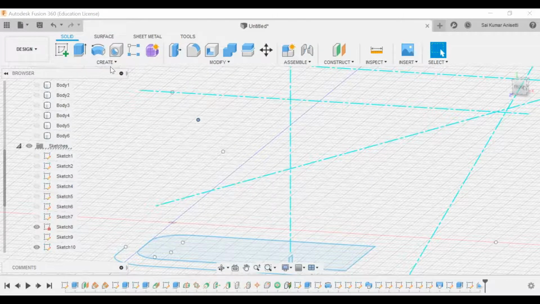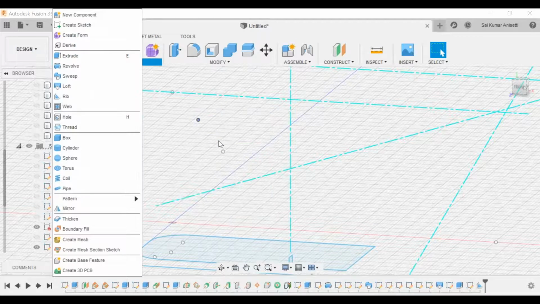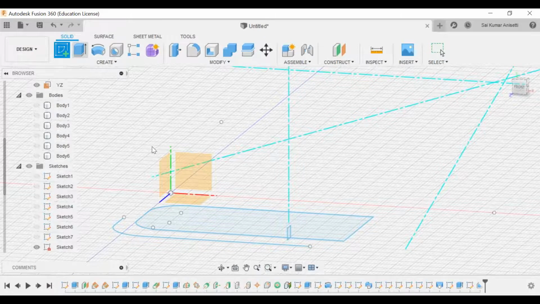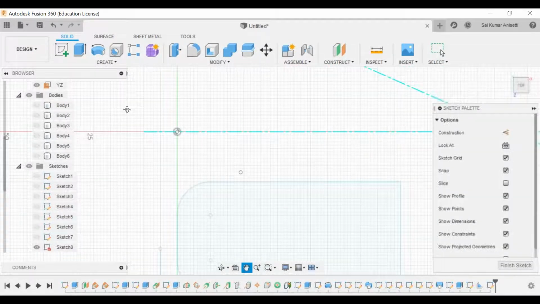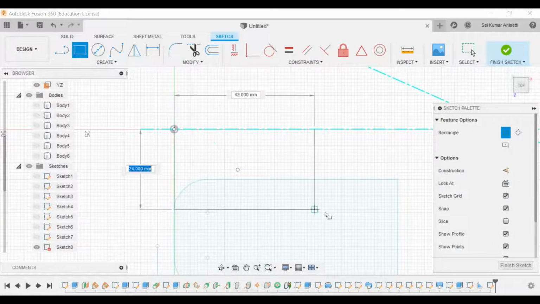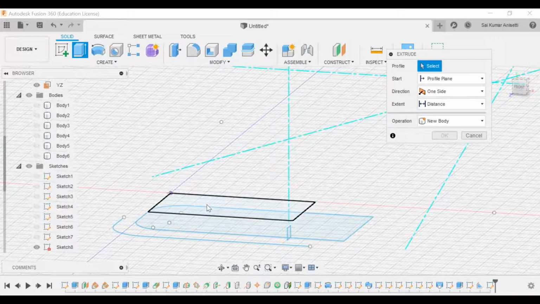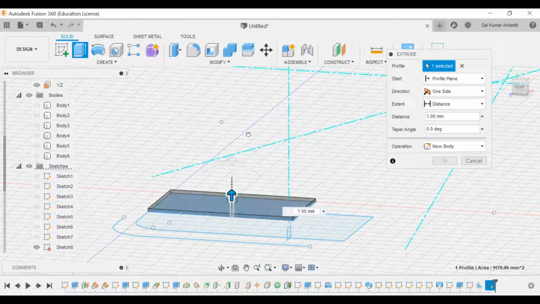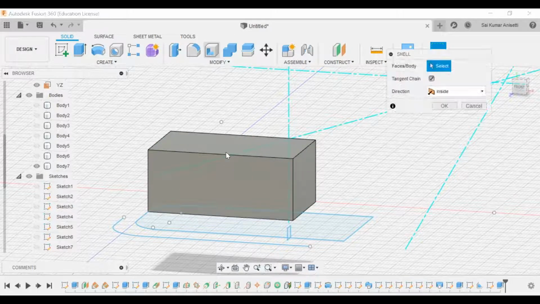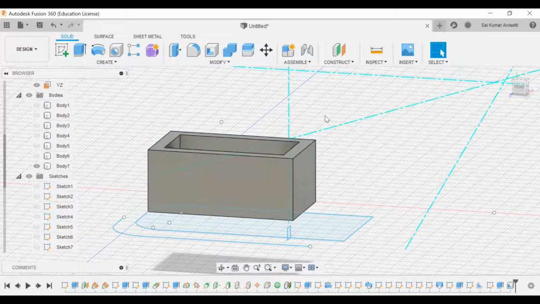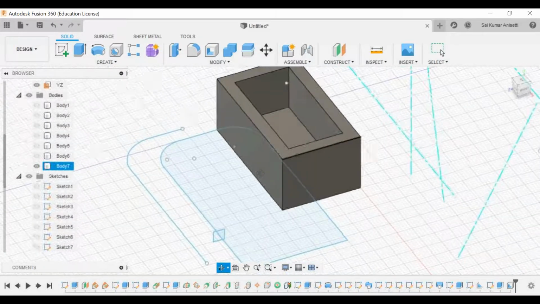Okay, next step. After this rib, you have the web option. So let me unhide my body. Okay, where are my bodies? Let me draw another sketch on the top, draw a simple rectangle, and I'll just extrude it. Okay, I'll make shells. I want to remove this face. So shell thickness would be 4 mm. Okay. Now what I have done is I have drawn a simple